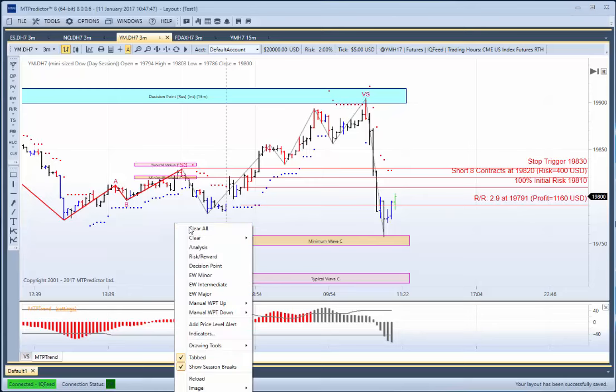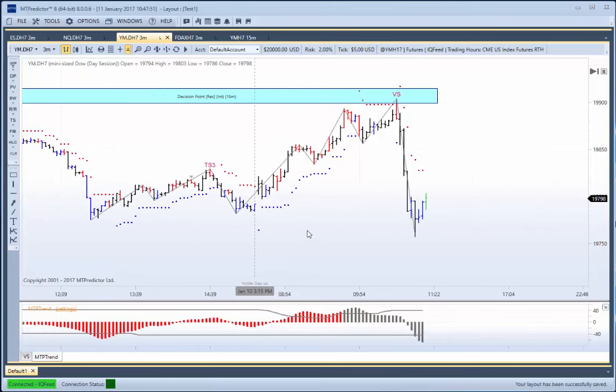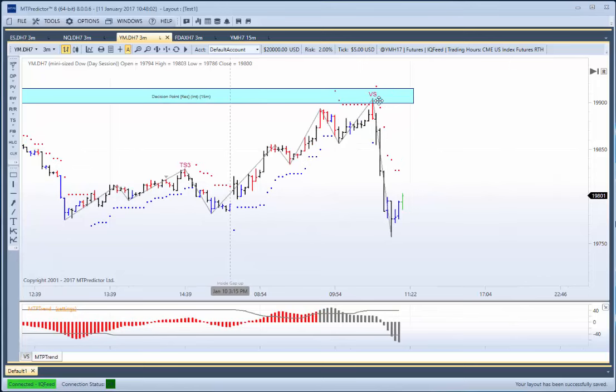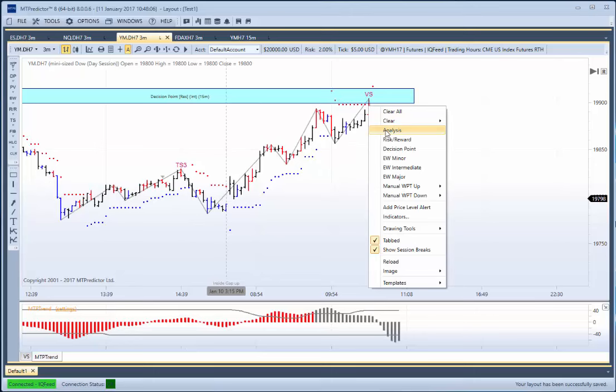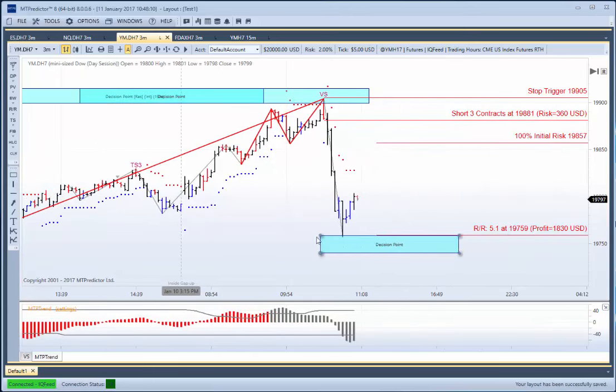So I just wanted to show those on the chart for you, because there's nothing worse than when someone looks at a chart and you can see there was a losing trade on there, and the software guru doesn't mention it. So I just wanted to cover that there as well. But this is the main one I wanted to look at. This VS setup that nailed the high here absolutely perfectly and called the decline as Trump started to do his news conference. The result was a lovely 5R profit.